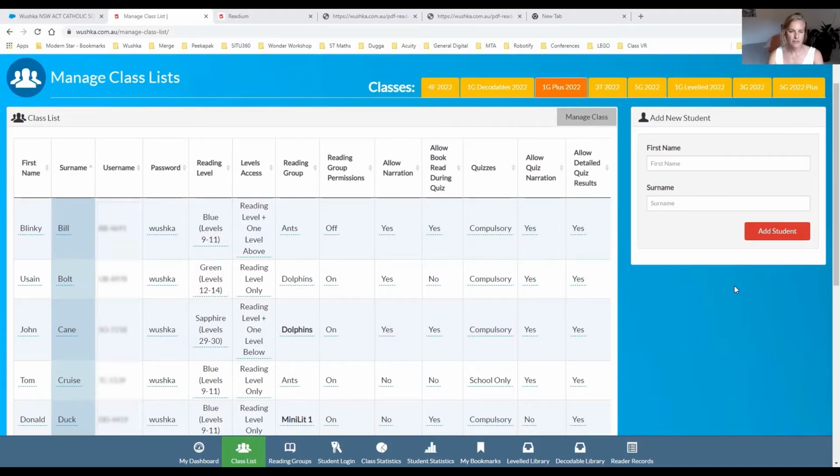Okay, so now we'll have a look at differentiating for your students even further by using the groups feature. For that, we're going to be looking at the reading group column and the reading group permissions column. The first thing to keep in mind here is the reading groups feature can be used in a lot